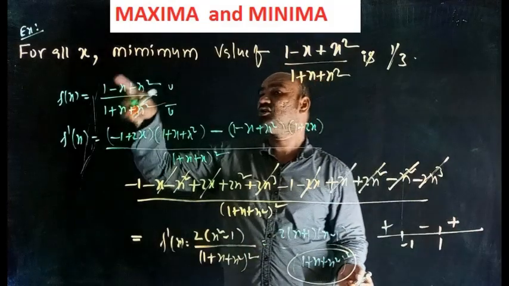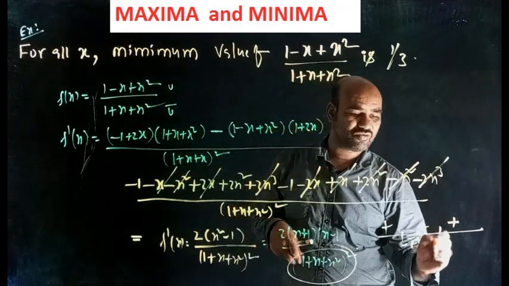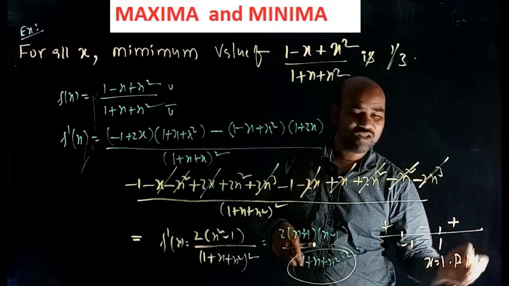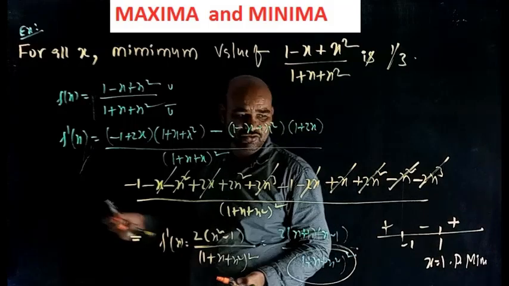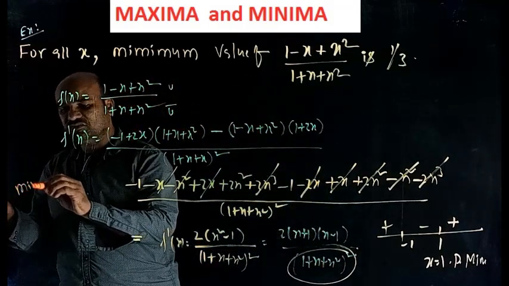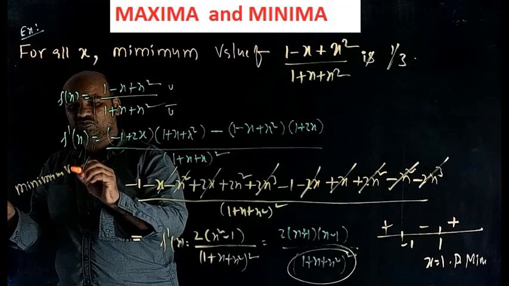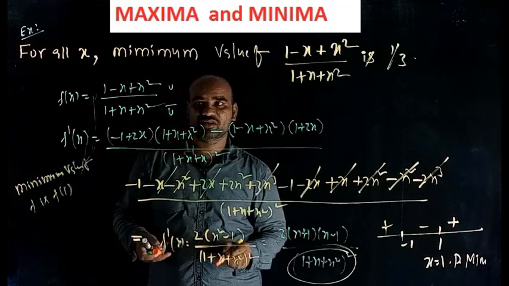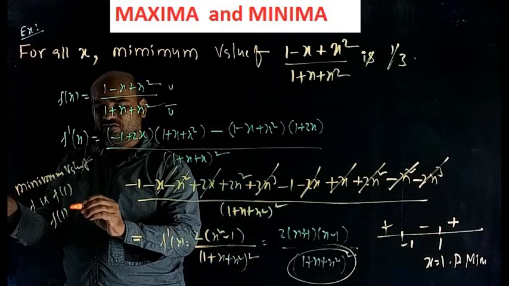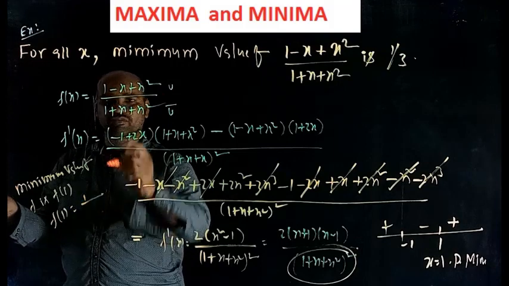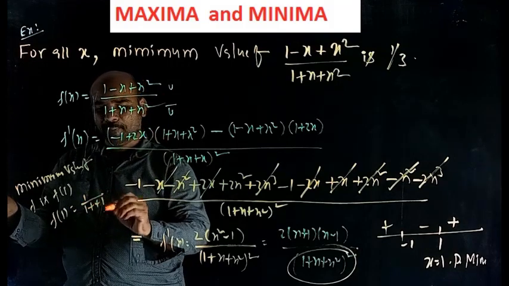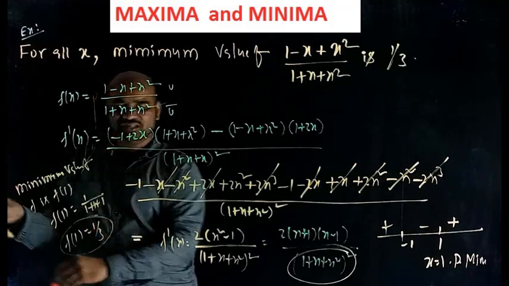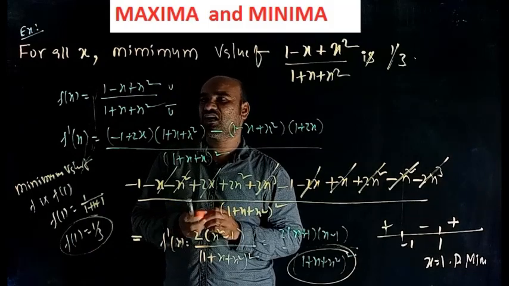Okay, so what is the question? Minimum value. So x equal to 1 is the point of minimum. So for the minimum value you should find f of 1. f of 1 gives the minimum value. The minimum value of f is f of 1 because 1 is a point of minimum. Now you just want to find the f of 1 value. f of 1 is 1 by 1 plus 1 plus 1, which is 3. So f of 1 equals 1 by 3. This is the minimum value of that expression, whatever x will be.